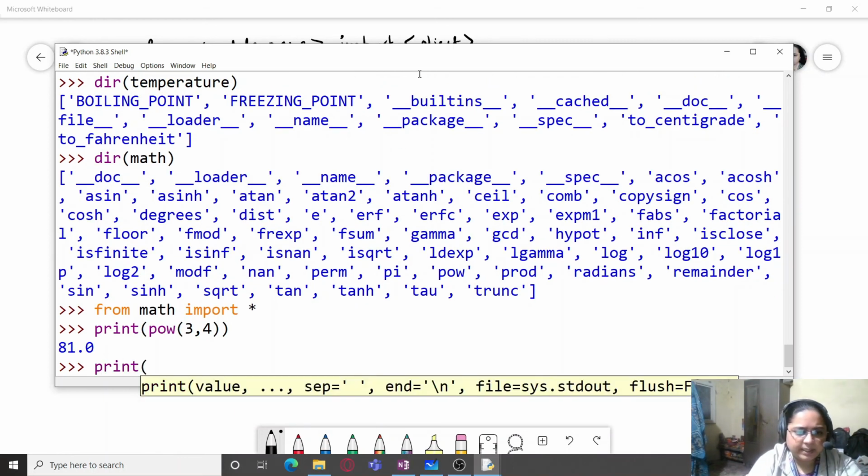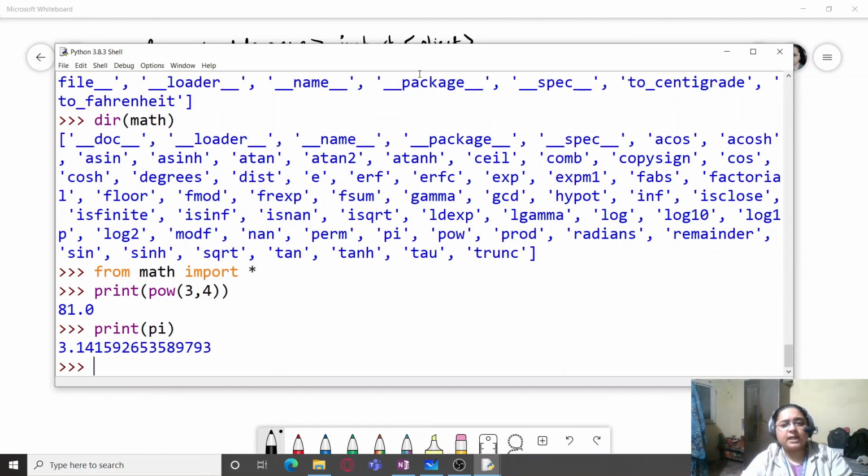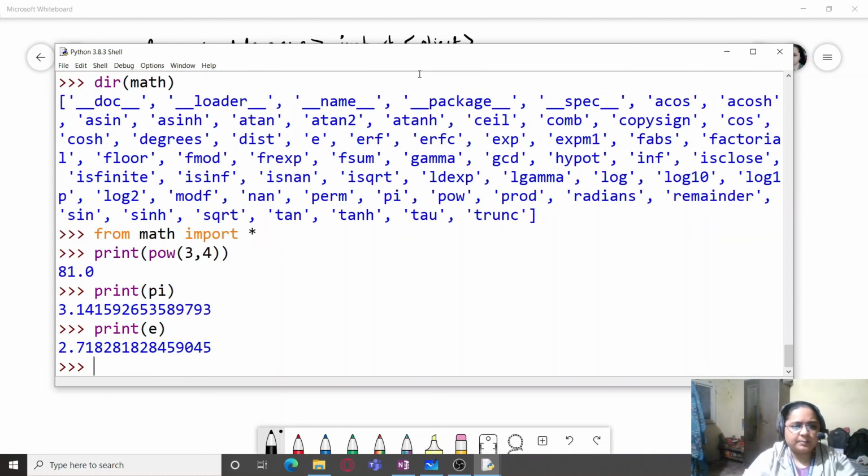I write print pi, and it will print the value of pi. I write print e, and it prints the value of e. So this is how I can use all the features or all the objects which are there within the module math without using the qualifier math.